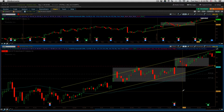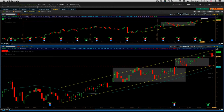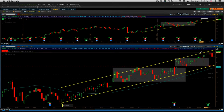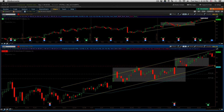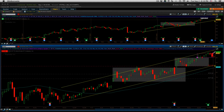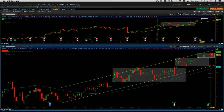We're still looking at the trade we placed in Expedia a few weeks ago. This was what the stock looked like the last time we had our video on the 27th. So at that point it had broken out of this recent range and was kind of putting in some consolidation. I had suggested that at that point we could potentially be putting in another sideways consolidation, allowing this stock to